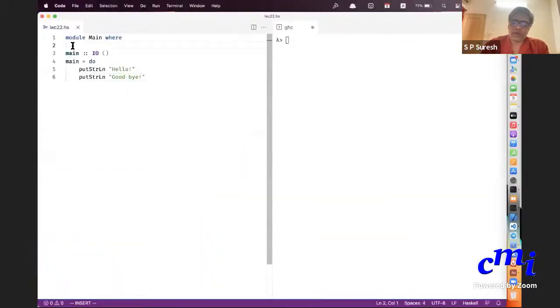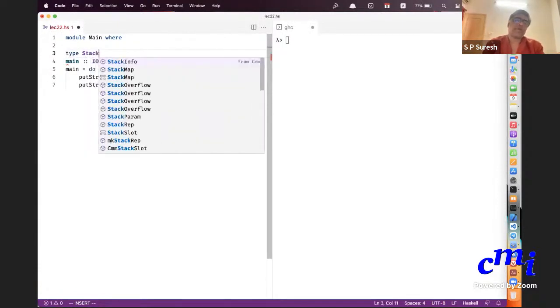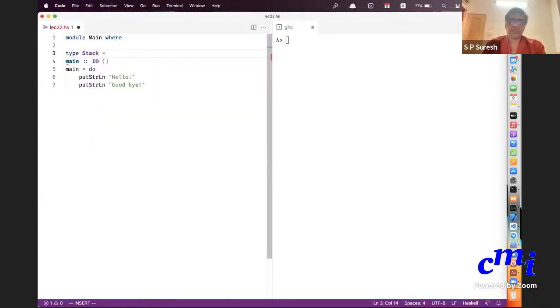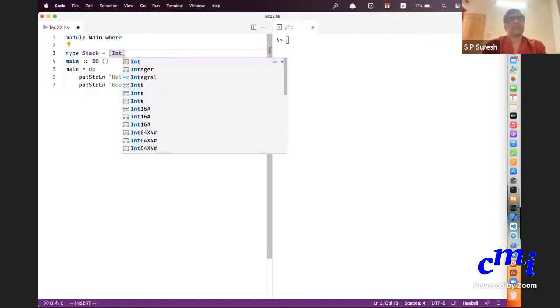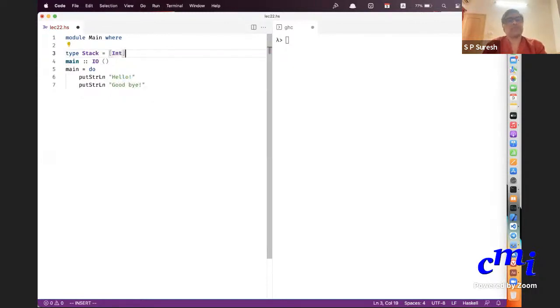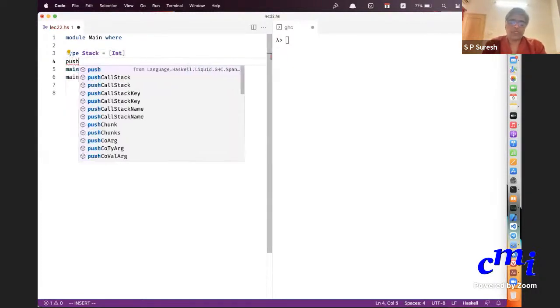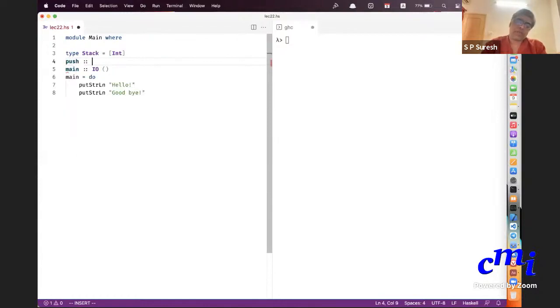So let me go here. Let me say first attempt: type Stack is list of integers. Then push is of type Int arrow Stack arrow Stack.